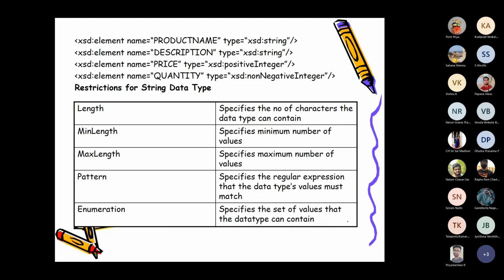And also, in the year part, I cannot have characters. It should be numbers. In the roll number part, I cannot have characters. It should be numbers. In the branch part, I should not have a number. I should have characters only. Campus name, the first three characters, that should again be characters only, no numbers. So if you are specifying it that way, that is a pattern. Okay. And finally, enumeration specifies what the possible values are from which you can pick one.